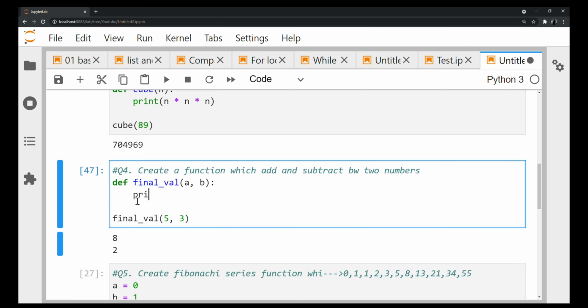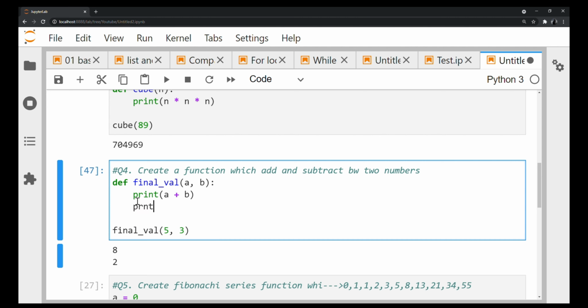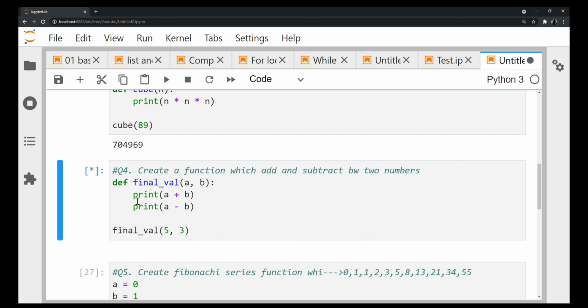If someone has written it in this way, actually that is a much better way to write it, right? So you're saving a couple of lines here. So let me simply print a plus b also. We don't need to create any variable here, guys. We can directly do it also, right? If you write it in this way, it's good that you're able to write something in smaller space.